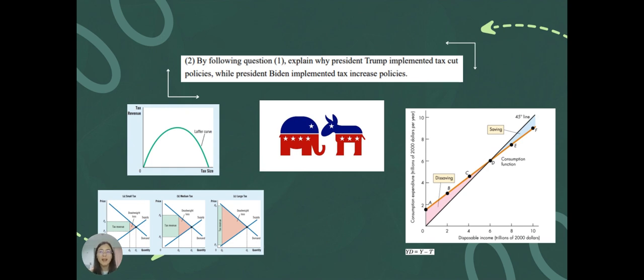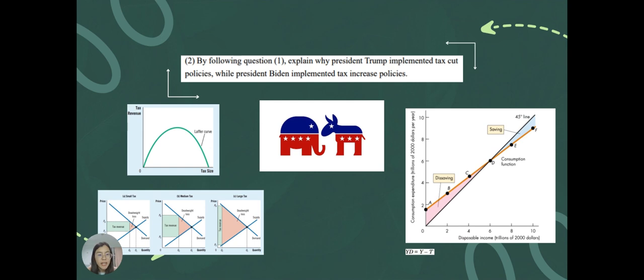How so? Arthur Laffer was one of Trump's advisors during the campaign in 2016. He encouraged the candidate to propose a large tax cut because by reducing, according to him, corporate taxes from 35% to 21%, he believed tax revenue would actually increase. The lower taxes will encourage domestic investment and people will have more incentive to work, increasing the quantity of labor supplied. These policies align with Republican principles of reducing government intervention and promoting private sector driven growth.